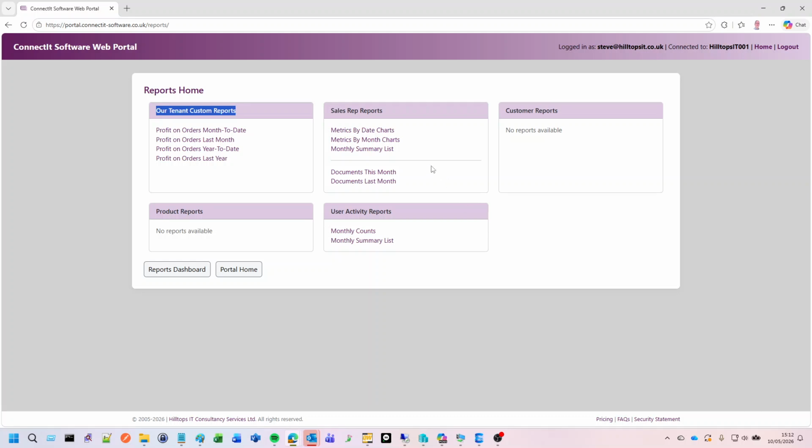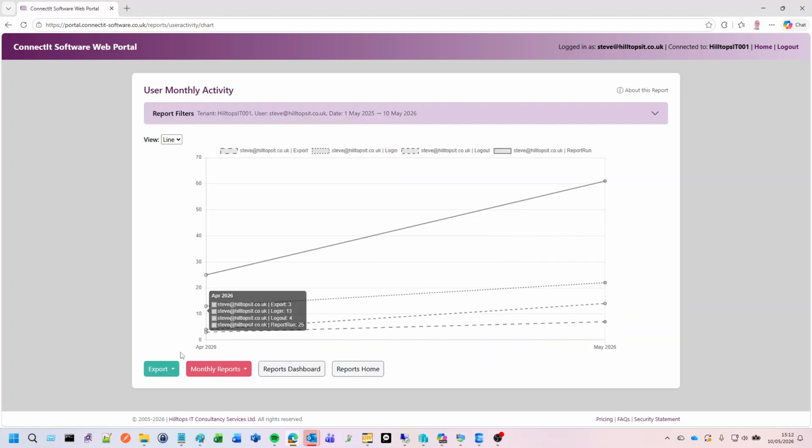I need to be a little bit careful as to what I click on here because this is our live system. If I click on any of these, this is going to give me a table type report with lists of customers, the amount of profit, the number of orders, that type of thing. Similarly with this monthly summary list, again, that's going to show you our customer information, which I just don't want to divulge. But looking at these user activity reports, just by way of demonstration, we've got those exact same